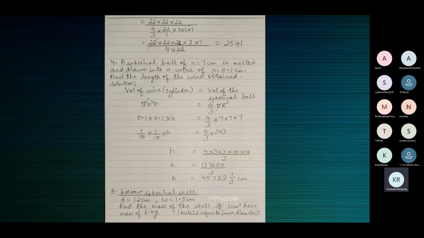Now, what was the volume of the spherical ball of iron? 400 centimeter cube. What will be the volume of the cube? The same thing, 400 centimeter cube, assuming that there's no wastage while melting. If there's wastage, it will be mentioned in the question. If nothing is mentioned, that means no wastage. That means all the 400 centimeter cube of iron is now in the cube.